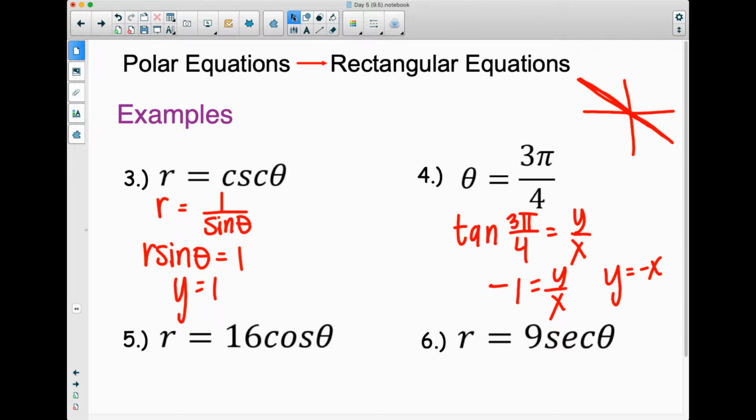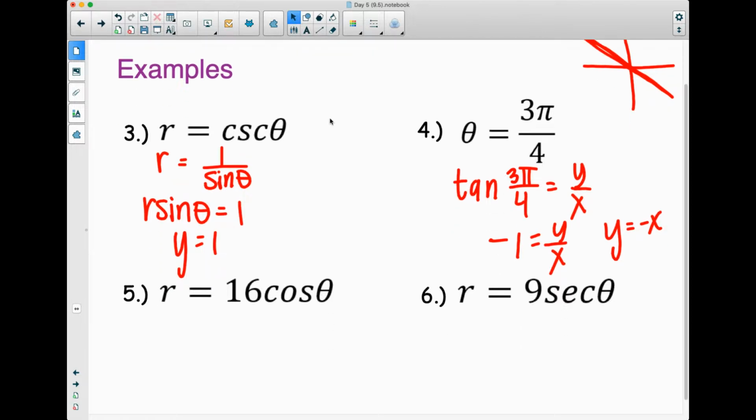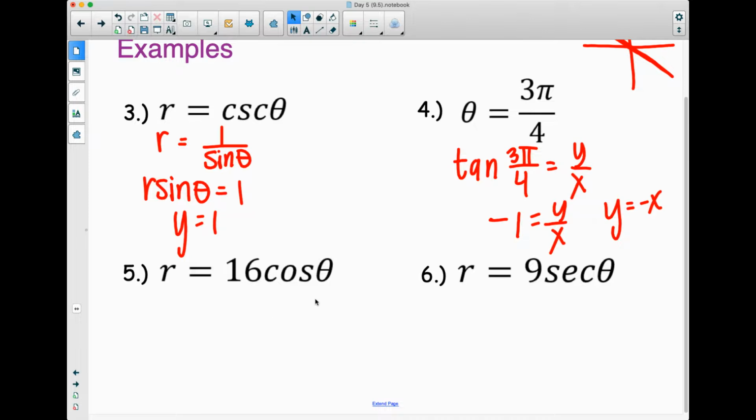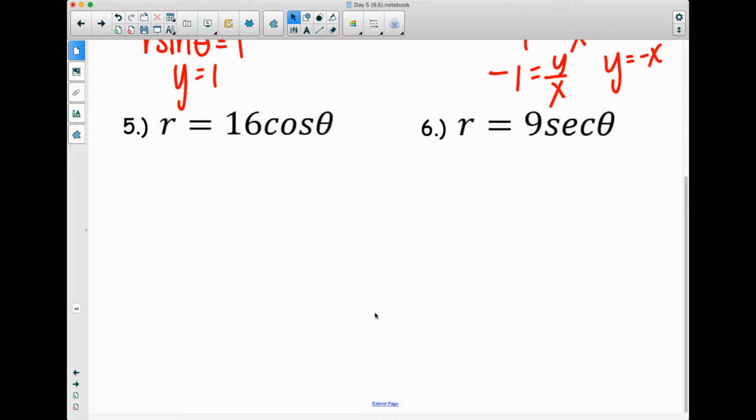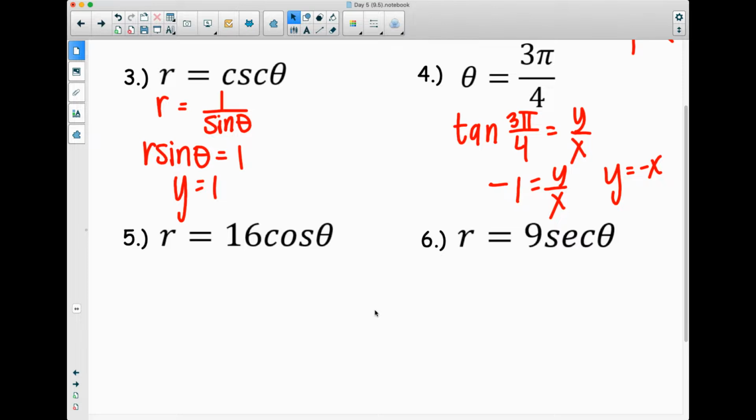Now, number 5, I can't just square both sides, but I still want r to be squared. So what can I do? I can't square both sides because that would make it a whole lot more of a mess. But how can I make r squared? Multiply by r on both sides, yes, that becomes r squared, and there's a little r that can sneak in there. So if r squared is x squared plus y squared, and r cosine theta is x, now,